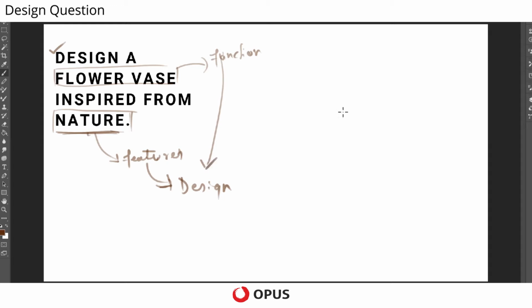If I take inspiration from a tree trunk, combine it with the function of the flower vase, and make a sketch like this, it will look like a tree trunk, but it will function as a flower vase.